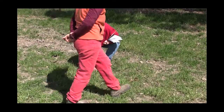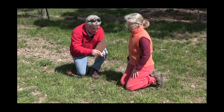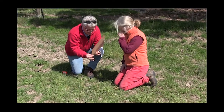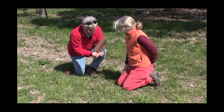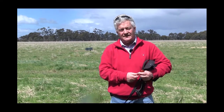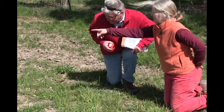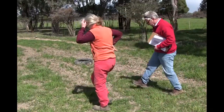So we're setting up a little practice area, and we'll have the rest of the paddock really as a control. And we can manage that practice area for really high landscape function. So we've just measured the base area, the distance to perennials, how much litter's in the system, that whole, how is it functioning, and then we'll graph that, and then we'll graph it again when we come back in 12 months or so and see how it's changed,